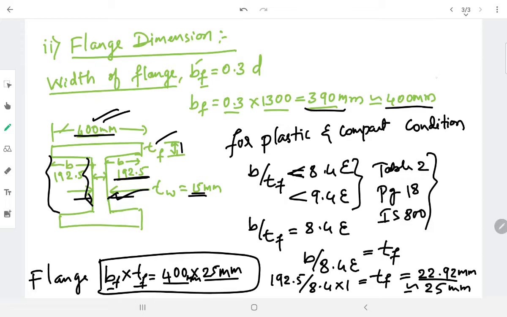So we'll move forward to the next step, that is how to calculate the moment of resistance of this section which we have right now. It is readily available with the dimensions. We need to check for moment of resistance and shear resistance of this. Then we have to go for the connections. Then we need to design the intermediate stiffeners. Then curtailment of the flange plate has to be done. Then end bearing stiffeners. So these are the steps which are remaining right now. So let's move forward and calculate the moment of resistance.